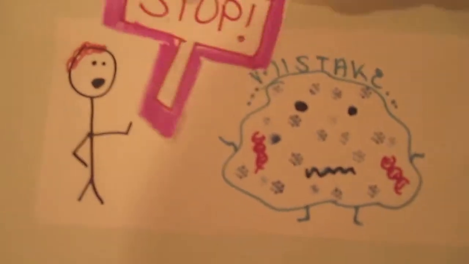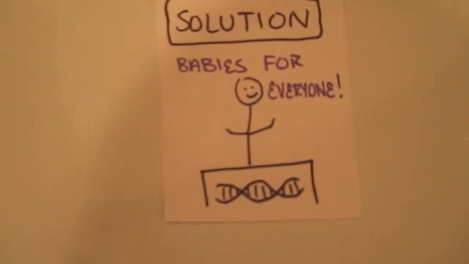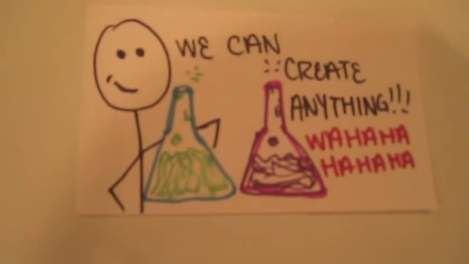Basically, it's a procedure done in the fertility stage where doctors combine the genetic material in order to make the baby free of any certain defects. The solution can be many parents wish to have a baby but know that they carry genetic disorders that prevent them from having a healthy baby. Since doctors are able to fix genes of disorders, they can as well choose certain genes from parents to create